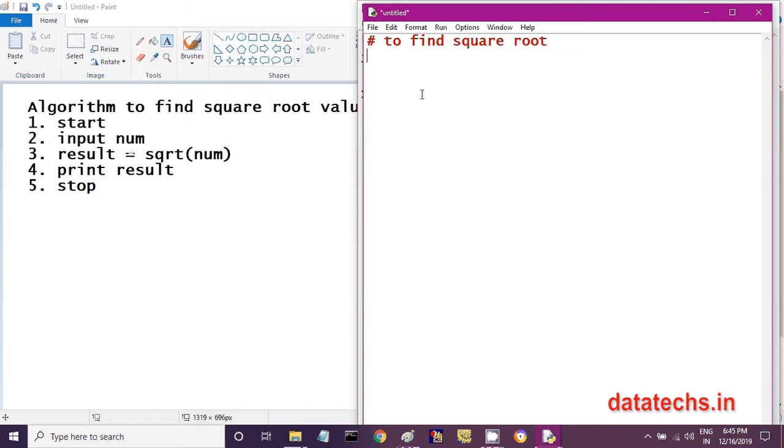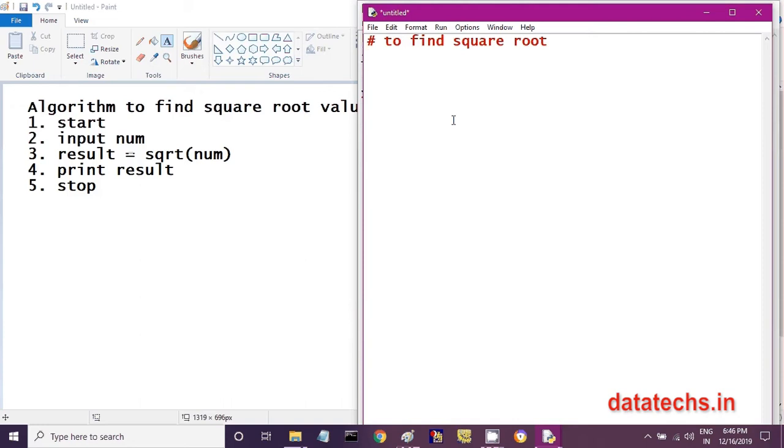When you want to write a description about certain things in the program, you need a comment. So the hash symbol represents that you are writing a comment. And please remember, this comment is not executed. This comment is for our understanding purpose only.